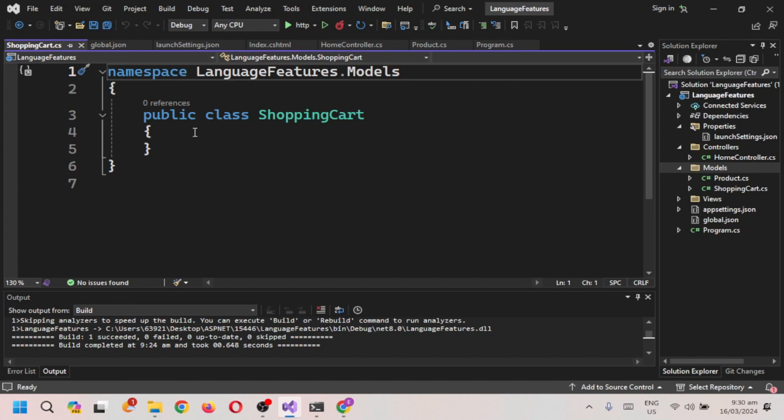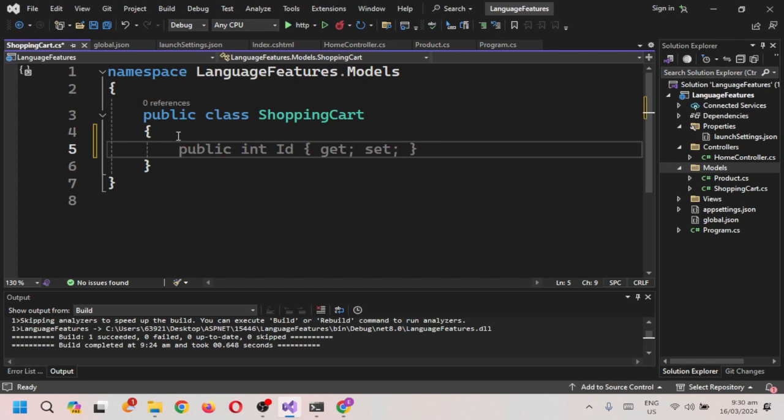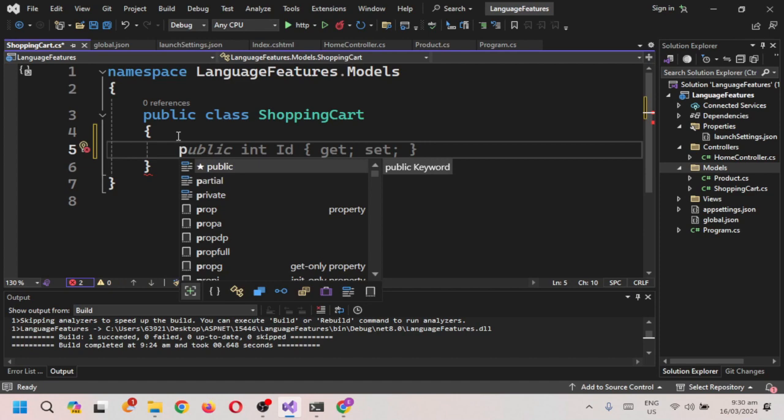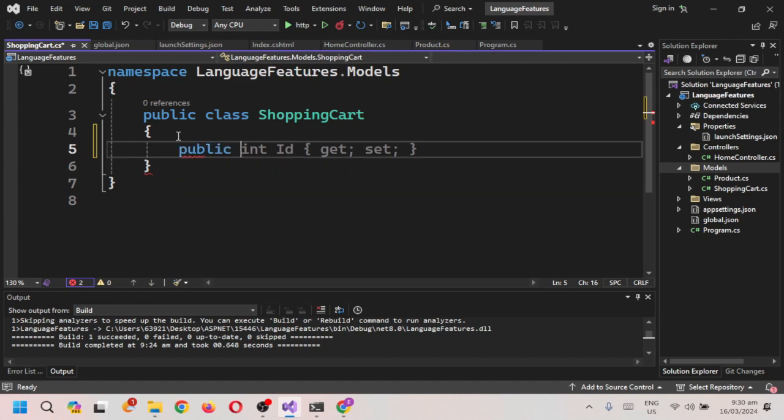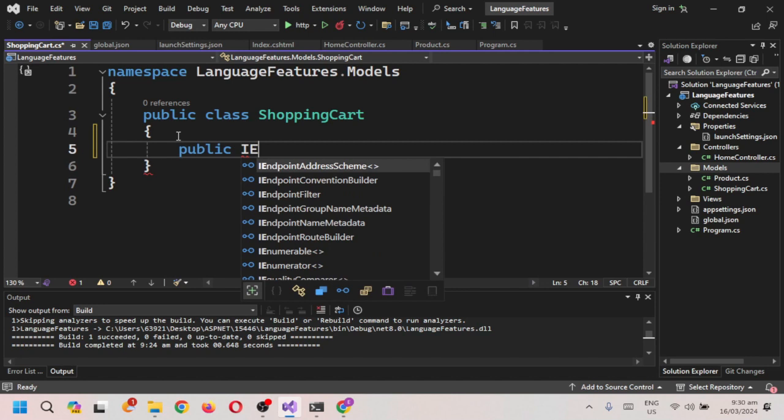Typically, Microsoft doesn't provide an extension here, because they have their own third-party packages with extensions added. But if you want to have your own extensions, for example on your models, you can create your own extension methods. So for example, in our ShoppingCart, we can implement an extension method here. For example, public IEnumerable,